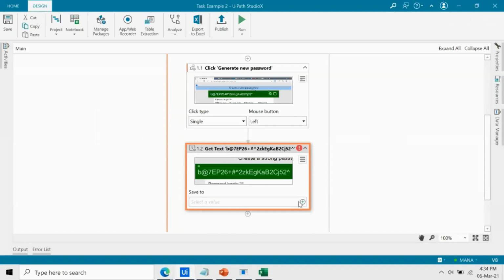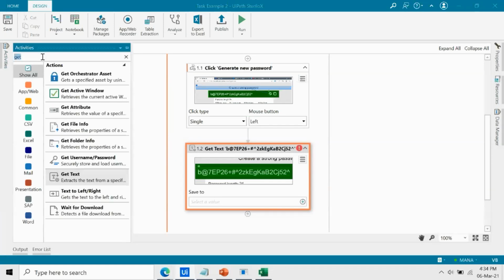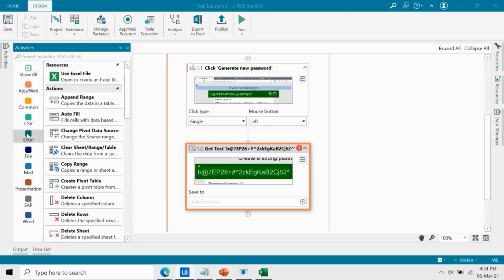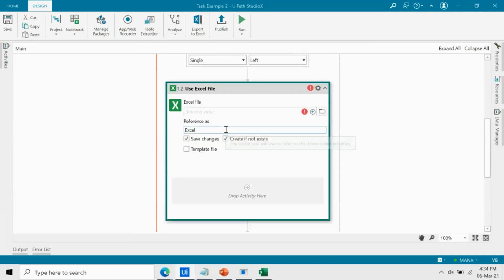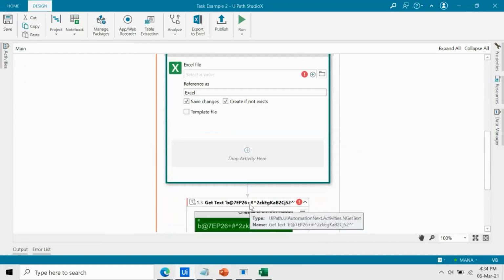To save this password, right now we have not introduced an Excel, so we should actually store this password in an Excel. So what we can do is we go to the Excel card and use the Use Excel File resource before the Get Text activity, just to ensure that we are using an Excel and the text we are getting is stored in an Excel file.